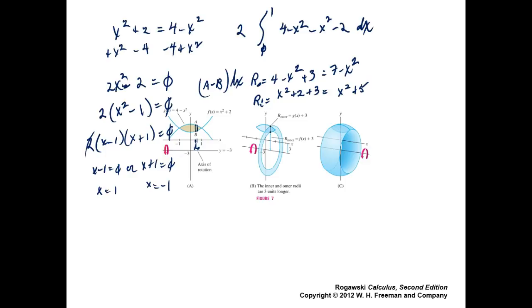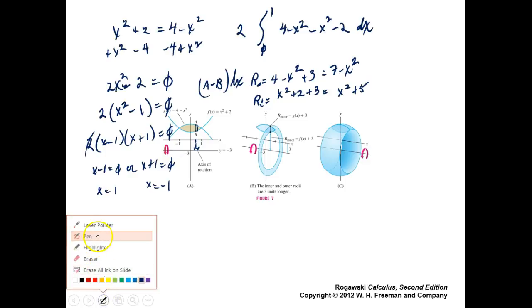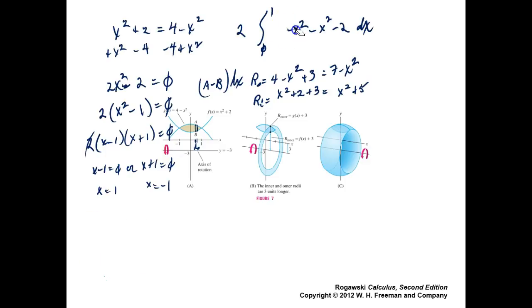Now, so take it back, okay? That's now your A minus B, your outer minus the inner. So forget that. Did that one wrong, okay? That would be the area, but you don't need the area yet, okay? I wasn't paying attention to the rotating about the minus 3. So it's 2